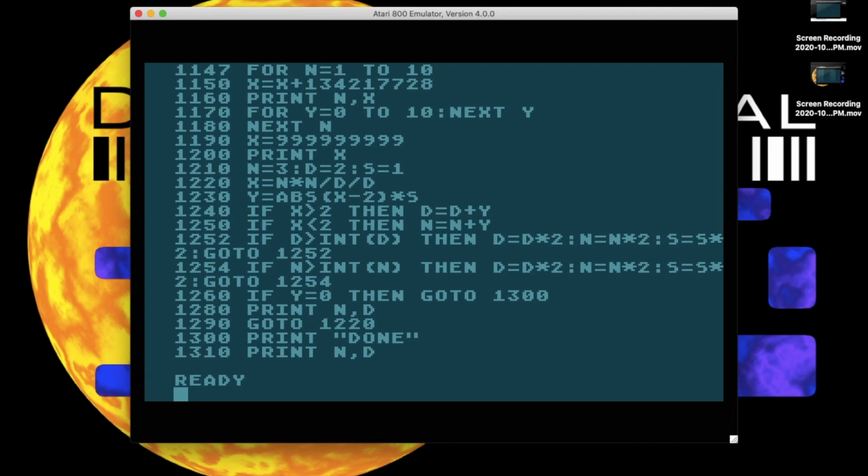So we need to do the scaling before we do the calculation. Maybe at 1220, right after 1220,